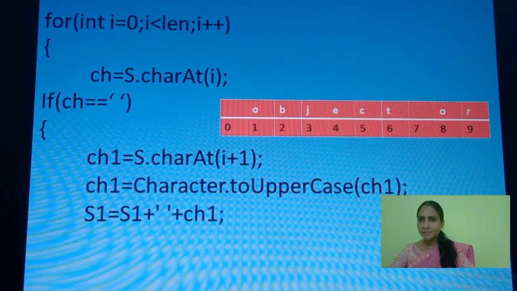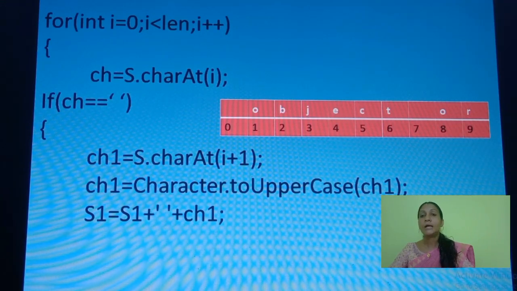Okay. And what's the next step? You must convert that letter to capital. How can you convert? Using the toUpperCase function. Then again it will be stored into ch1. ch1 is equal to Character dot toUpperCase of ch1. The toUpperCase function is used to capitalize the characters. If you are using this function, the Character function, you must write Character dot toUpperCase, because this is a Character function. Okay, understood? You understood? I think so.